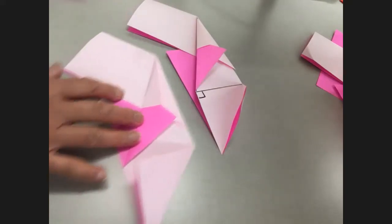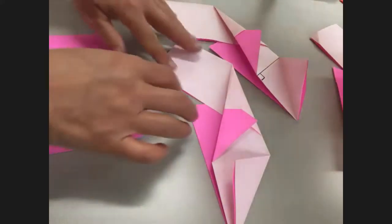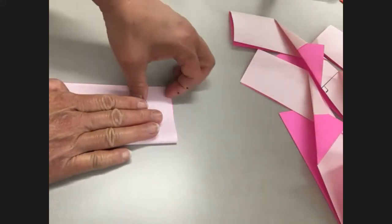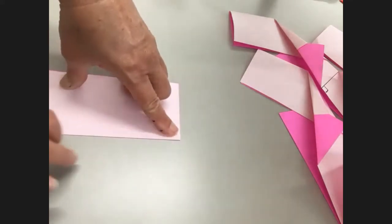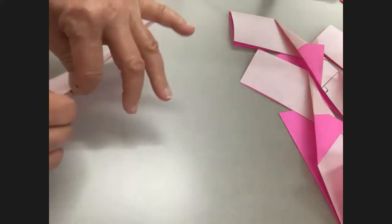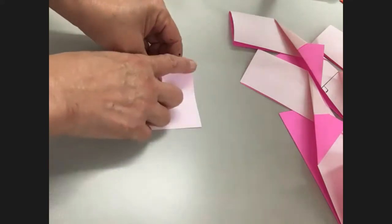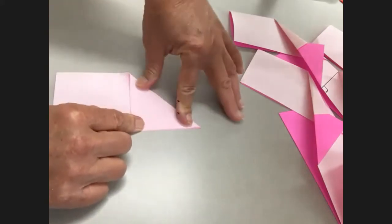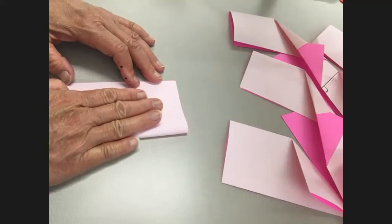Guess we can fold one more. Let's fold one more set. Fold in half, colored side up. Folded edge at the top, bring the top right corner to the bottom open edge, and fold. Put that aside, make another unit, fold in half with the color side up,